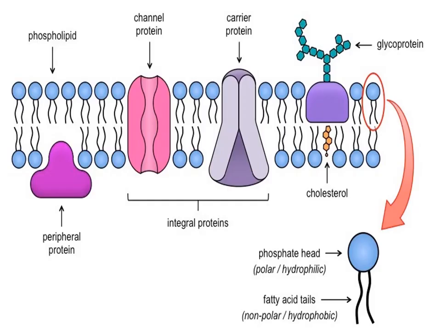In this diagram you can see different parts of the plasma membrane. Proteins, lipids, all are visible here. First of all, here in the right corner you can see this lipid molecule which has a polar head or hydrophilic head, you can say, and a non-polar or hydrophobic tail. So these two parts are there in a lipid molecule.